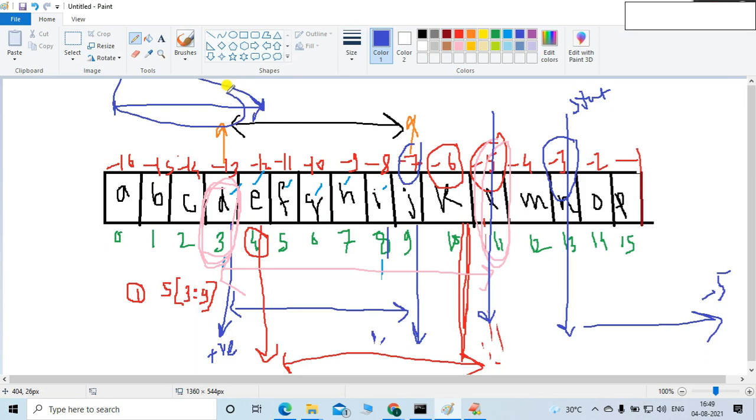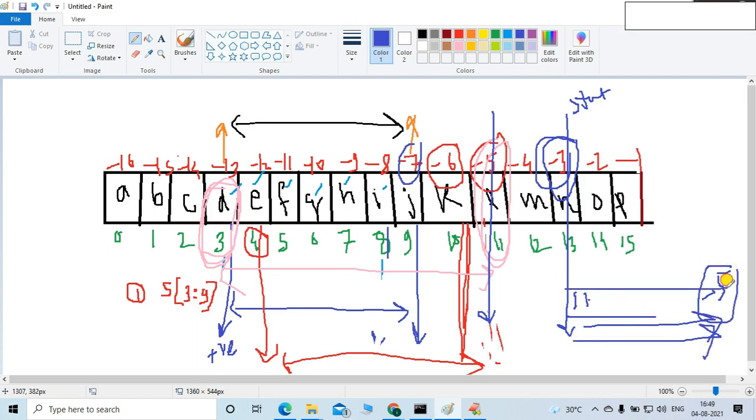This is the whole story, right? But you can see this is a -3, your starting position, but you are looking for the ending position as a -5. But is there any -5 in this direction? No -5 in this direction. The -5 is actually located at this place, right? It is not in this direction. That's why no -5 location is found, and that's why the result is an empty string.